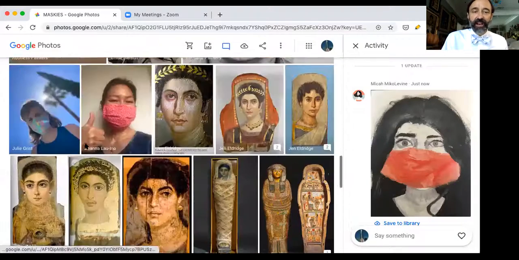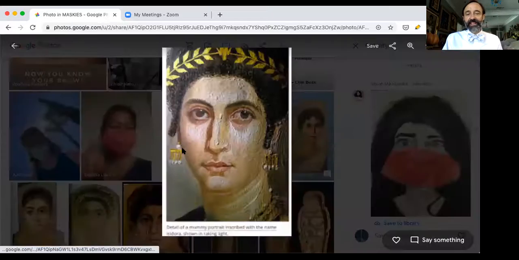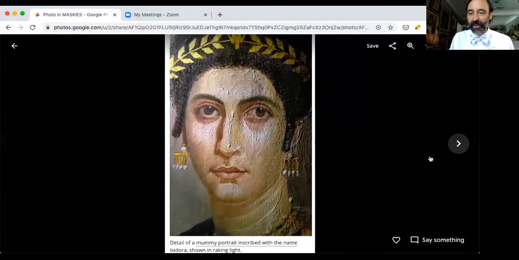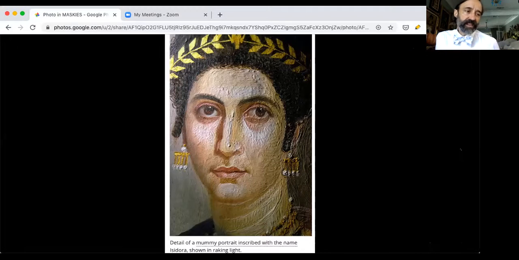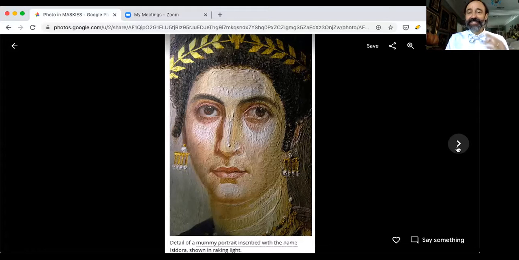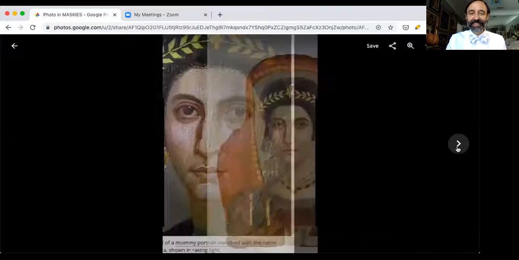And then I just wanted to bring the, thanks Jen for uploading these, the funerary portraits. These were mostly created 1 century BC, and then 2 centuries after, Egyptian, Roman, when things were kind of converging, I guess. And this is surprising because we think of the Egyptians only painting hieroglyphics, but